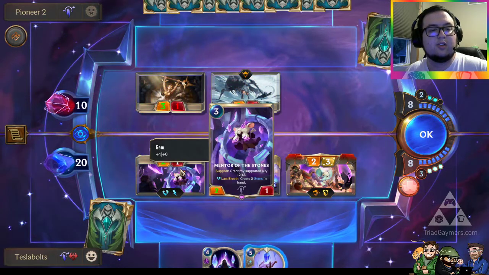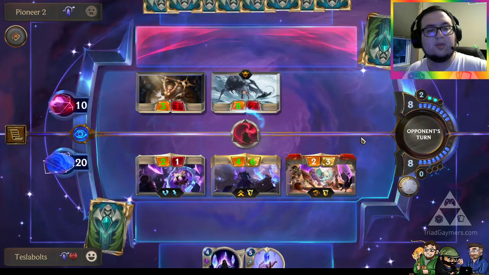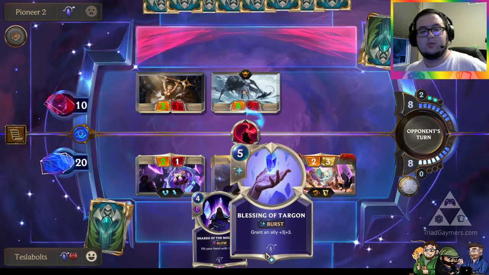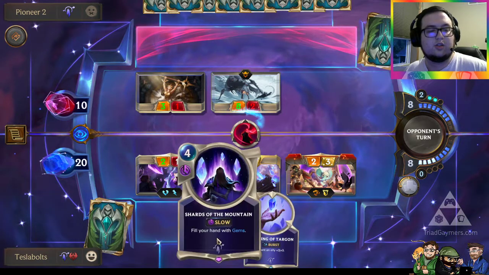And I think we're okay losing Mentor the Stones. Yeah, that's gonna get me a bunch of gems, so I'm okay with that. I also have the Blessing of Targon as backup if I have to use it. I'm trying not to because I'd rather do Shards of the Mountain, but...